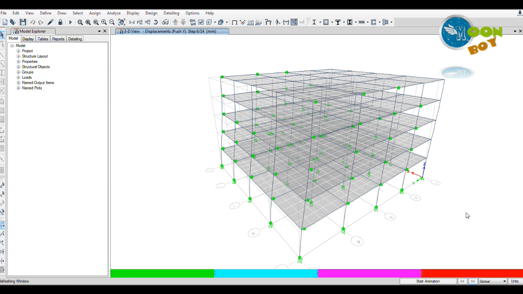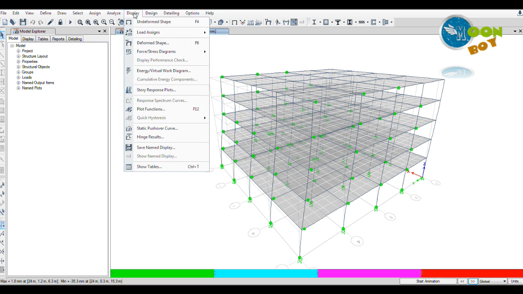Like this you can go on checking the results up to the 14th step. Moreover, you can go to the display button here and you can check the energy and the virtual work diagram and also the hinge results here,